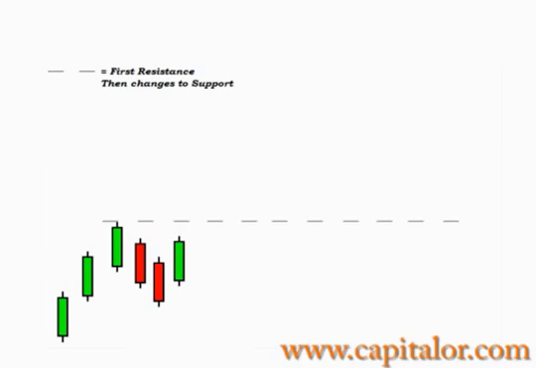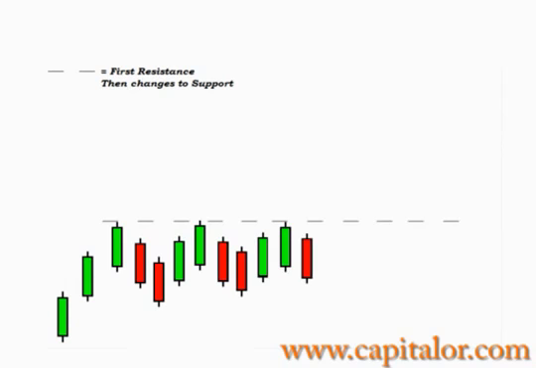Then it gets up again and gets near resistance, fails to get above and goes down 2 candlesticks, moves up but fails to get above once again, moves down 1 candlestick and then goes up 1 candlestick again,